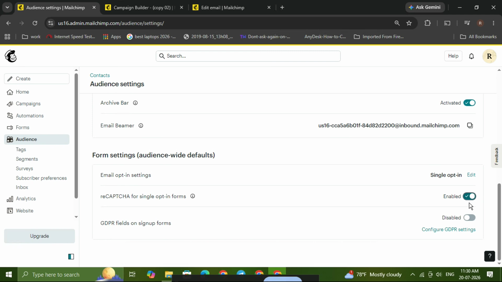That means users may need to complete a quick verification before submitting the form, which helps filter out spam bots and unwanted automated sign-ups. The best part is that MailChimp saves this setting automatically. There is no separate save button, so once the toggle is turned on, the change is applied right away. At this point, your forms are better protected and your audience list is much less likely to be filled with